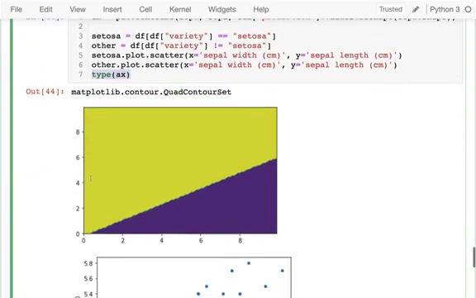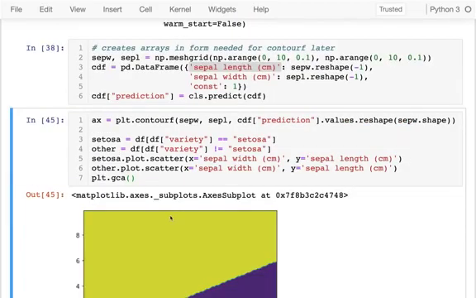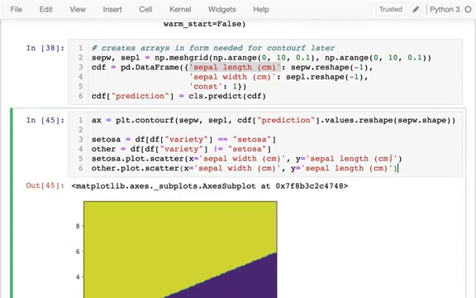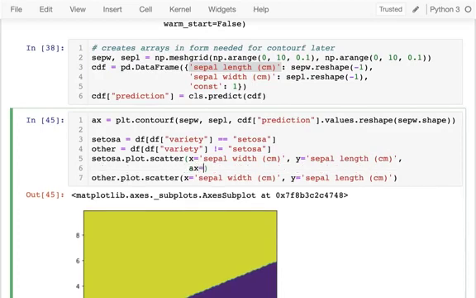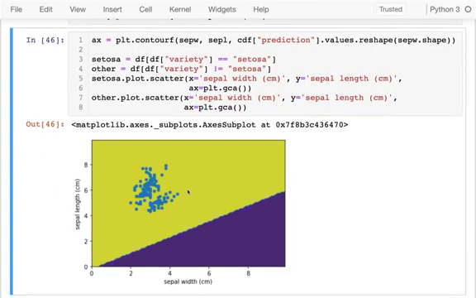So if I wanted to reuse the same axis subplot area, what I can actually do is I can say matplotlib.pyplot.gca, get current axis, and that will give me an axis subplot that I can pass in elsewhere. Right, so I could say up here, maybe I'll go on to the next line, I could say ax equals that, and same thing here. So then they'll all go to the same area. So let me do that. And so I have all of these points,